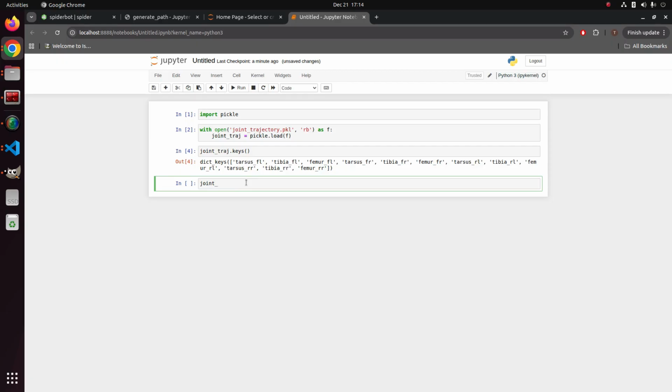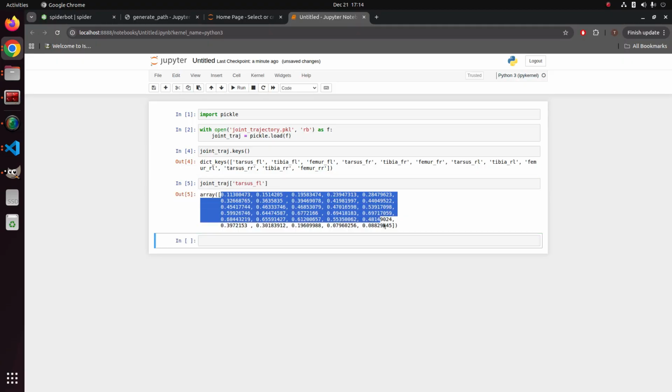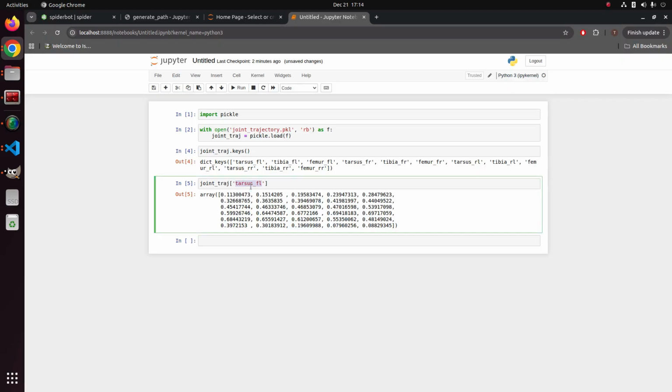And if we look inside each value, for example tarsus front left, then we see here that there are 30 values that represent the animation for this motor name. For example, at time equal to 0, this motor should have this value, and at the last frame, this motor should have this joint